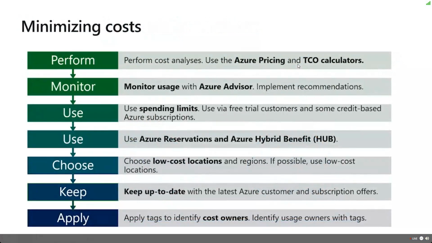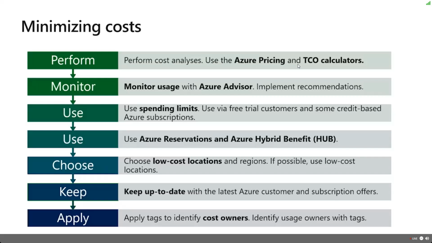Use the calculators, use the pricing tools, monitor your usage, Azure Monitor, use Advisor. Advisor might come up with cost-saving tips. You can set spending limits inside of Azure. Now, the spending limits you set here are soft limits. In other words, when somebody goes over the spend limit, it's going to give them warnings. It doesn't turn them off. Now, with my Visual Studio subscription, it's a $150 limit, which means when I hit $150 spend in the month, it does deallocate everything until the next month, until my credit renews. But that's unique to that subscription.